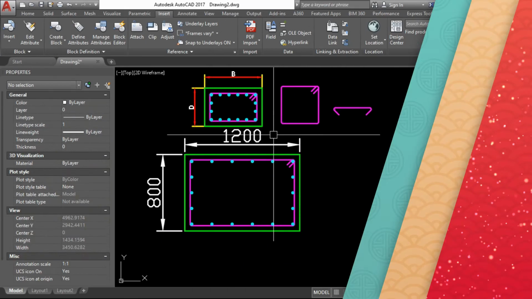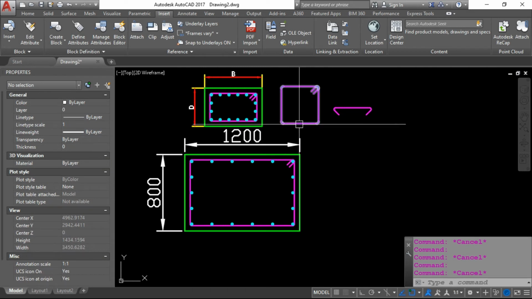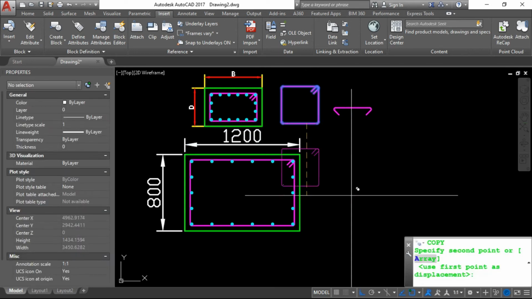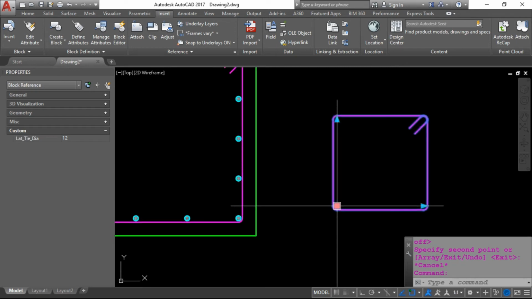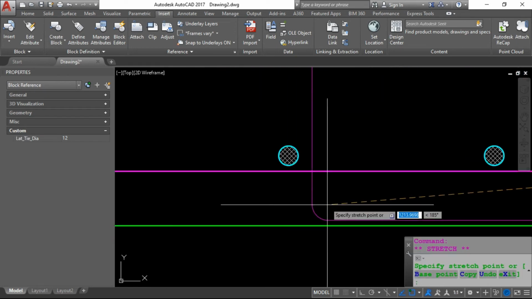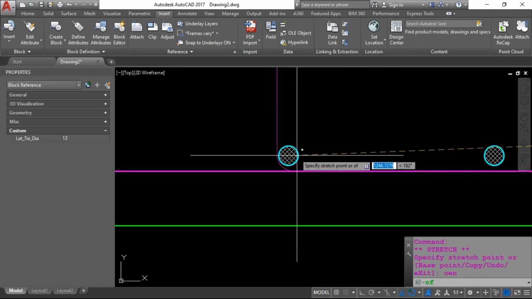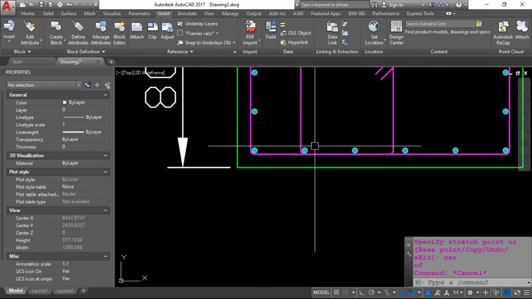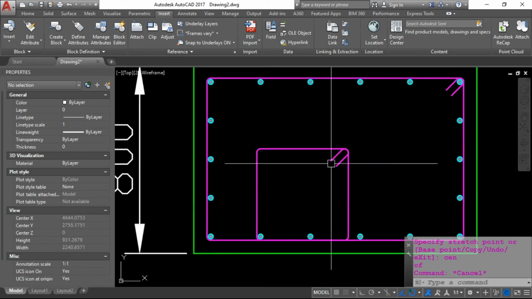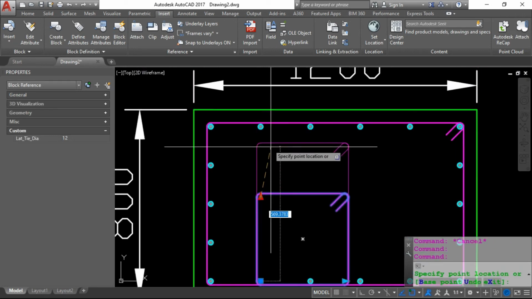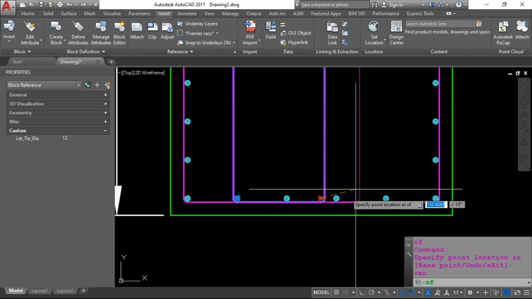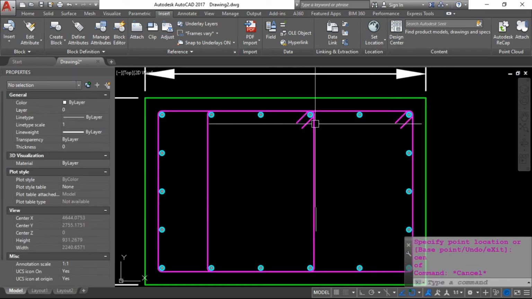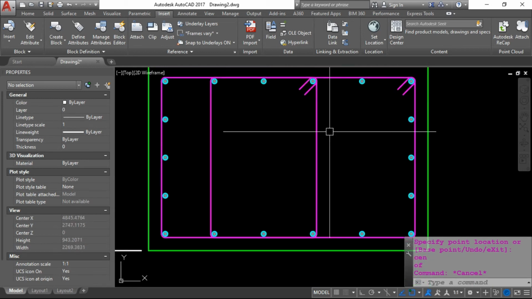So our next one is a closed tie and an open tie. So how to use, let me show you. So first I am picking the closed one. I am just picking and dragging this point to here. Simply sits like this. Then just picking this point to here and here. So it simply sits wherever required.